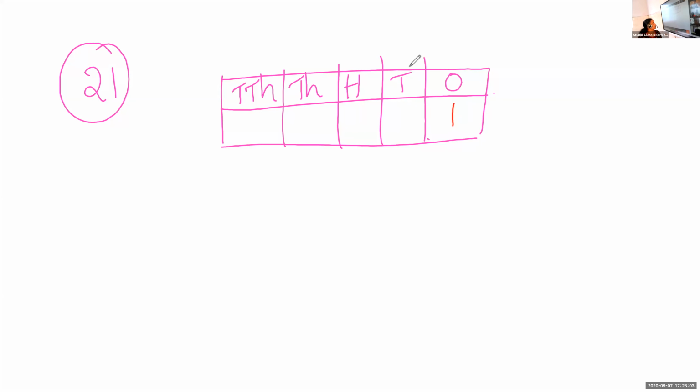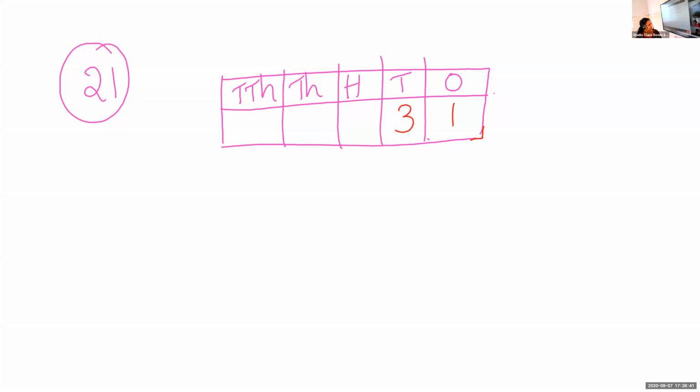Now, the ones digit is 1. Now, I have to write tens. Can you look here? What is said about the tens digit? My tens digit is 3 times my ones digit. You know the ones digit is 1, and 3 times 1. What is 3 times 1? 3 into 1 is 3. I think there is some connection problem with Srihari.